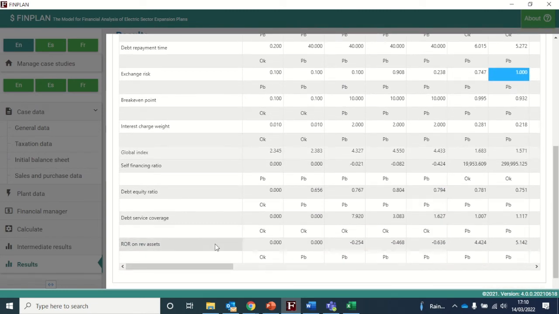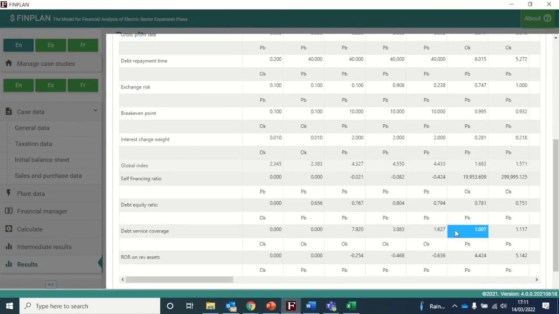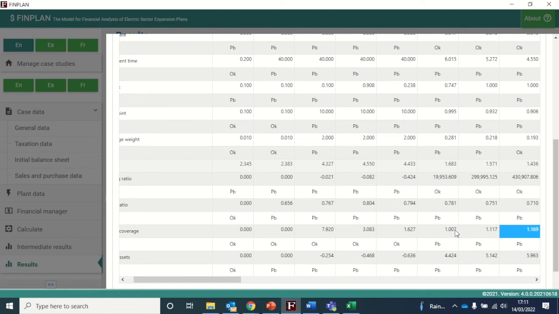So going to debt service coverage. Lenders monitor this indicator during the loan repayment period. So if it is less than 1.3, then the modeler should consider if adjustments are required. For example, an option is to increase the price or inject new equity. So the debt service coverage ratio, as shown here, and we can see, if we move up, we can see the years. So if we move on to the right hand side,